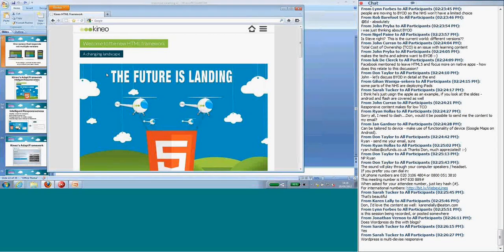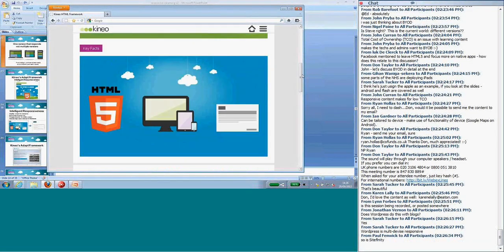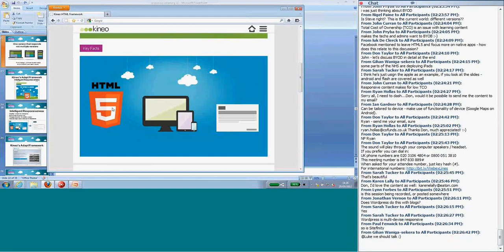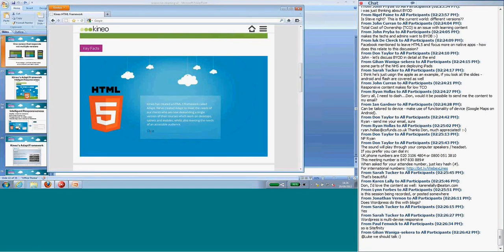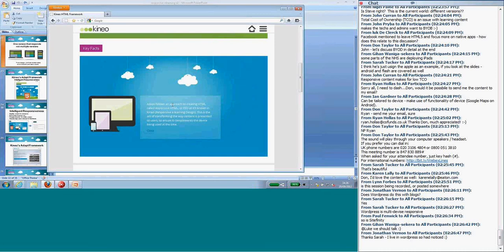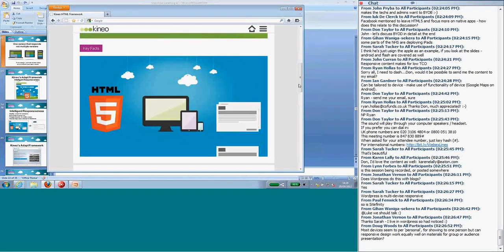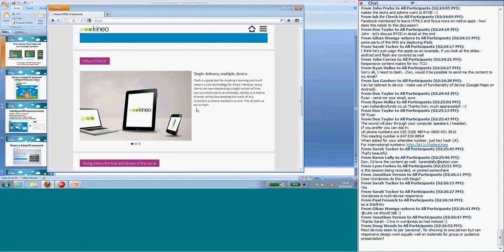This is just an animation built in HTML5. It's not Flash. There's no Flash anywhere near this. I can now scroll down to a second HTML animation which has got key facts about HTML5, so I can dip into here. I can dip into the next animation, etc. So I've got a range of key facts there, animation, and then scroll down and do a typical sort of